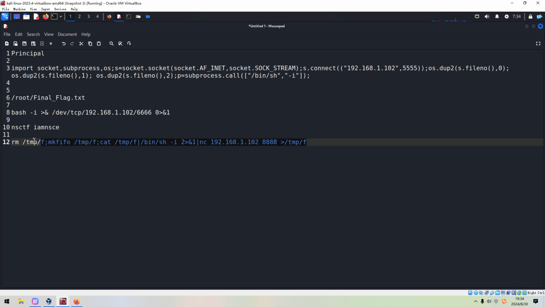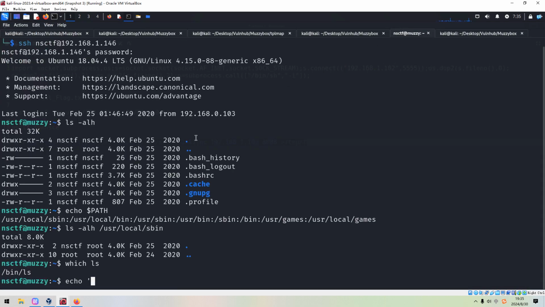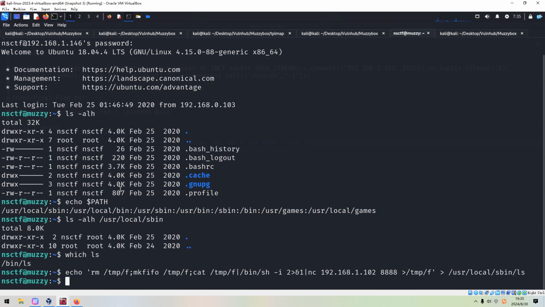And we can copy. We can echo to the user local sbin ls. Okay, and now if we run ls, because this is the first element in this list, this time it will not run the binary in the other location. So let me show you ls.